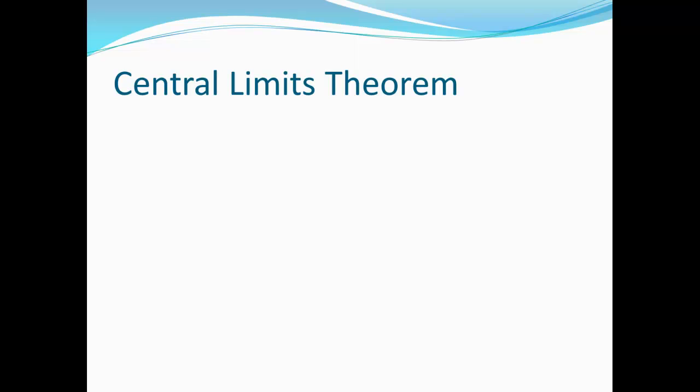We can also assume that the standard deviation of the sampling distribution is equal to the standard deviation of the population divided by the square root of n, your sample size. And we can assume the sampling distribution is normally distributed even if the population from which that sample was drawn is not. This really boils down to the fact that we can use probability theory in a lot of different ways when it comes to our inferential statistics and applying samples to the population by using that sampling.